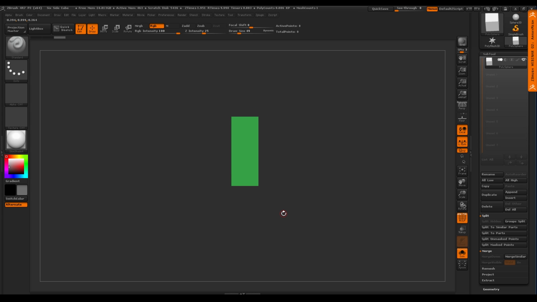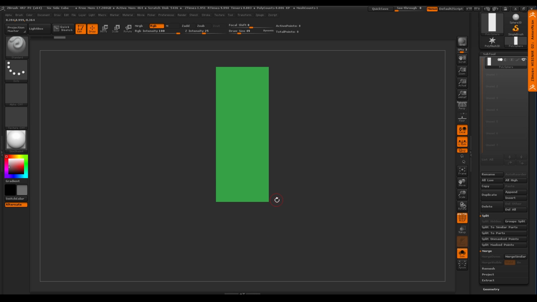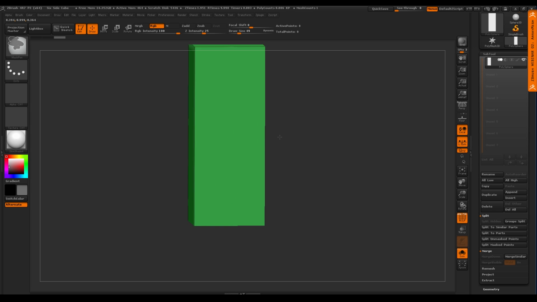So one thing else I want to touch on is because we have new people here, and I'm always trying to convert people to the navigation that I prefer. There's actually a couple navigations in ZBrush. I prefer the right-click navigation. I'm using a Cintiq, so I'm holding the right-click button that allows me to rotate. Holding Control and right-click allows me to zoom, and then I'm holding Alt and the right-click